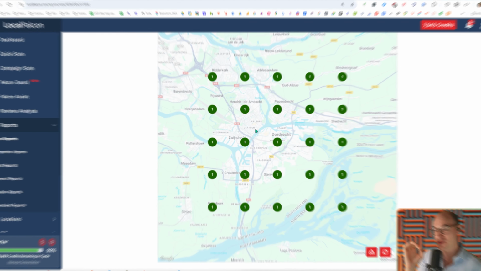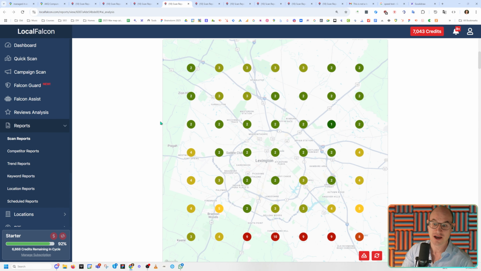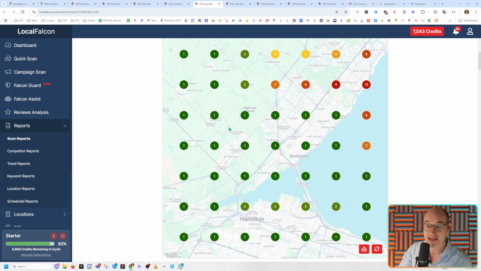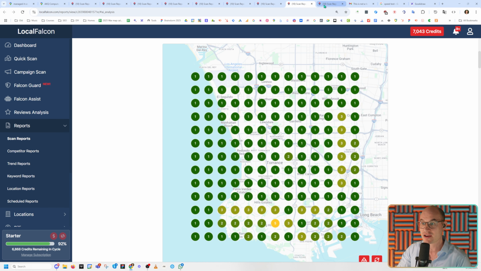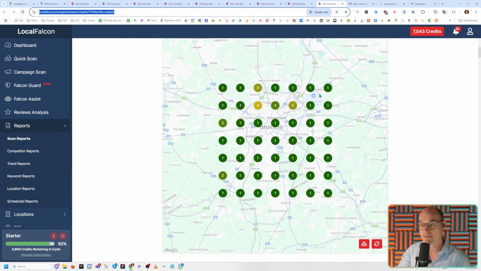If you want to see your rankings on different search terms with Google Maps, like I always recommend IT services, managed IT services, IT support, get those done. You should be ranking as far and wide as you possibly can. Ideally, 200 square miles is a pretty chunky amount of distance to be ranking positions 1, 2, 3. If you can pull that off,